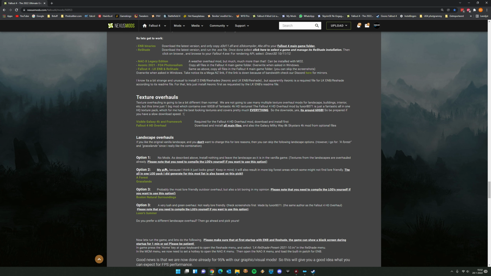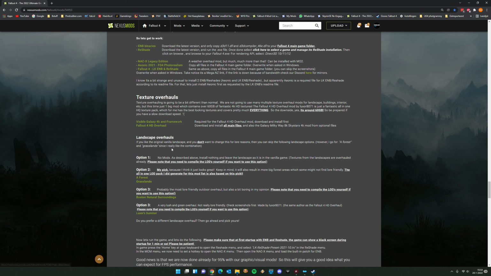is the landscape, because I know there are a lot of people who prefer the vanilla landscape over any green or forest-ish environment in Fallout 4. So that's why I wanted to provide options for this and not just force my choice in your face. So we have the following 4 options. I see I have made a typo here. This needs to be a 4. I will fix this. So option 1 is no mods, and that is in a way that the Fallout 4